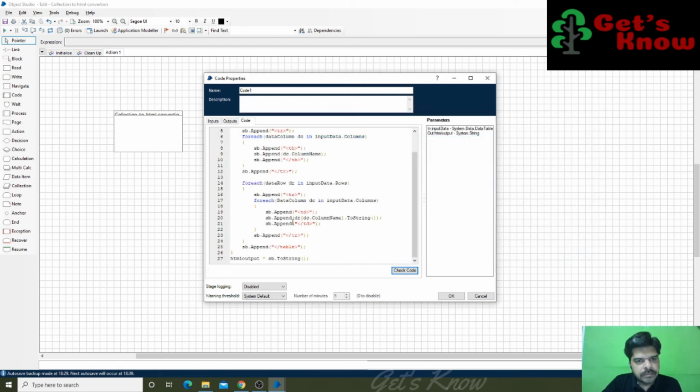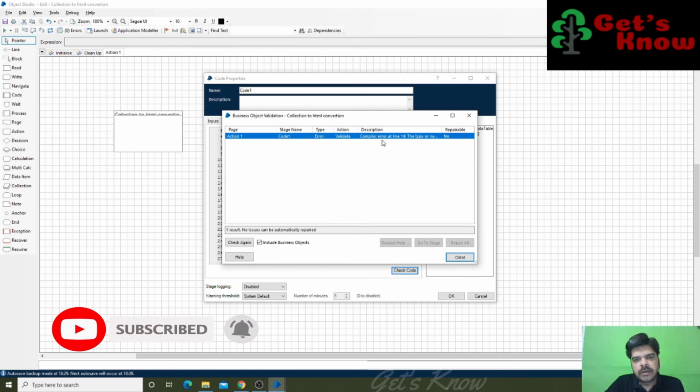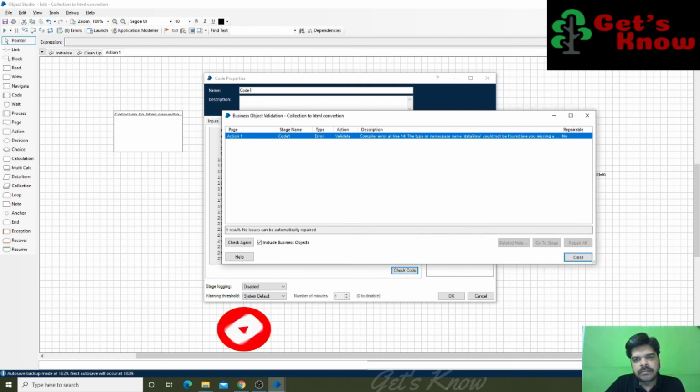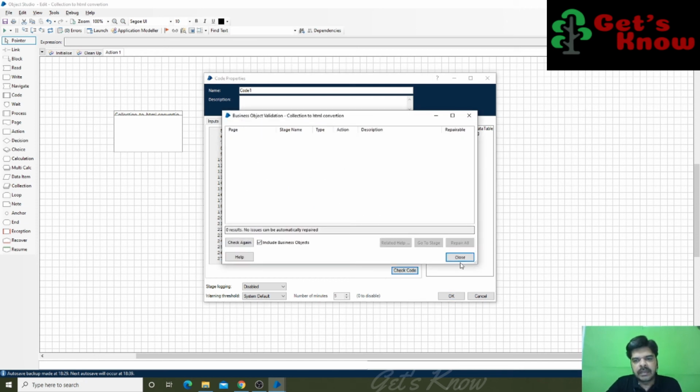Data column, yeah, this data column, the case sensitive problem. Actually, the predefined name data column starts with a capital D. So compile error at the row number 14, data row, the same problem. See here the data row. So now everything is clear.